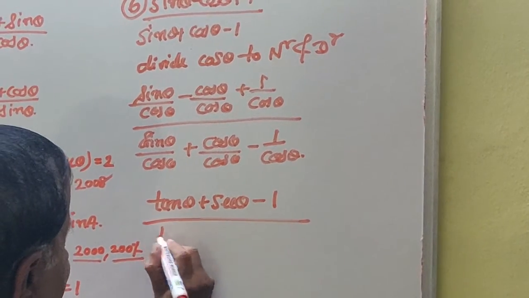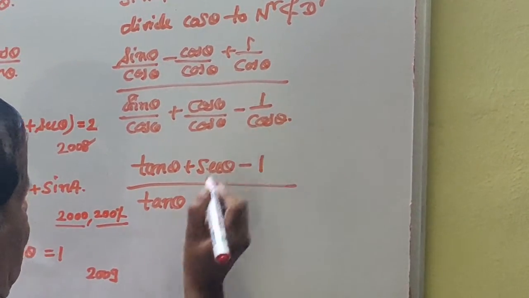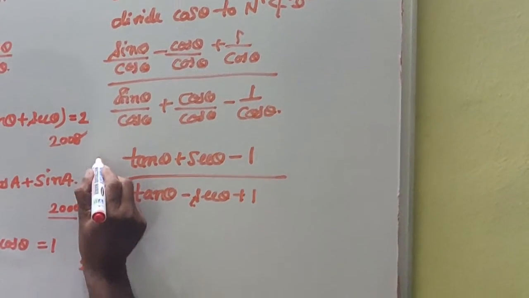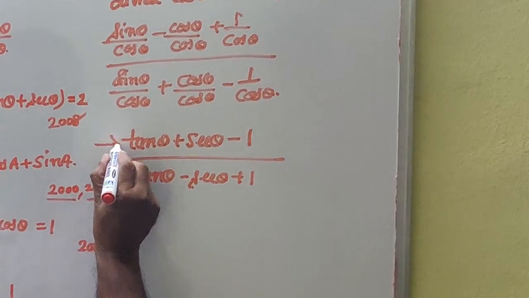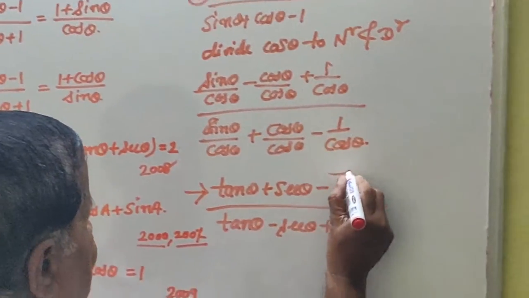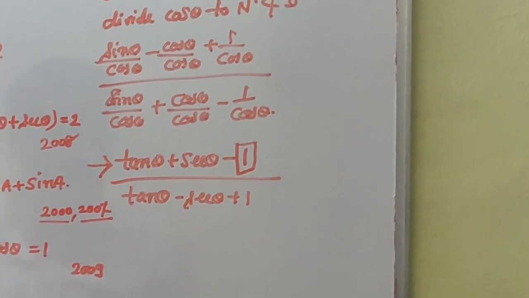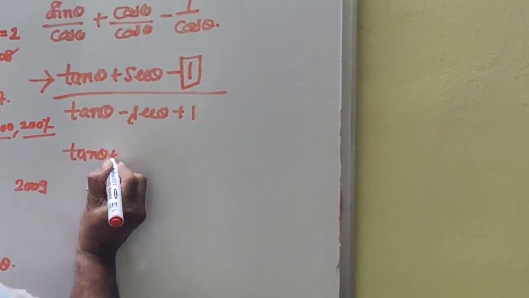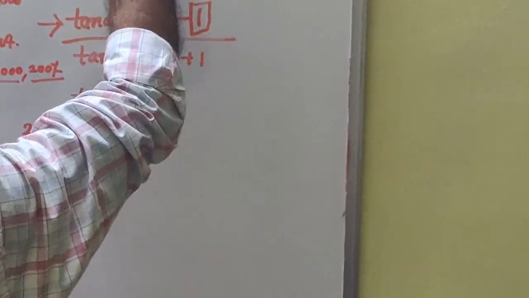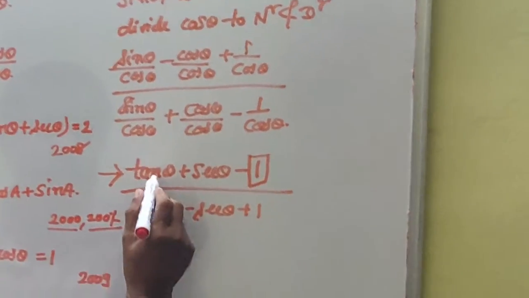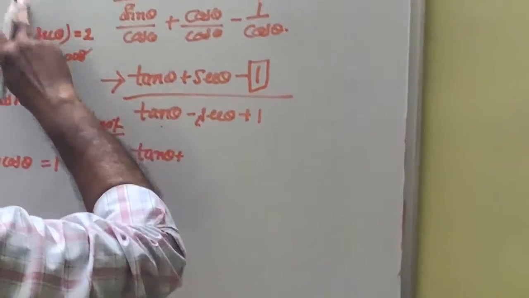Now this will be tan theta minus sec theta plus 1, and I have already told in the first problem, this is similar to the first problem. Now you can substitute this 1 by sec square theta minus tan square theta. The same procedure you have to follow in this problem. How to convert this problem? Only observe the negative term in the numerator and divide all the terms by that term. You will get this type of problem, like this or like this.